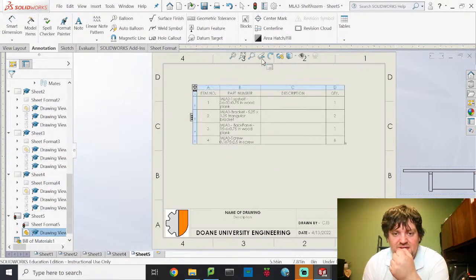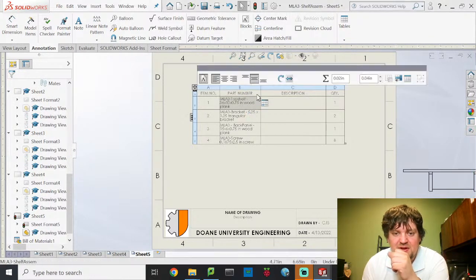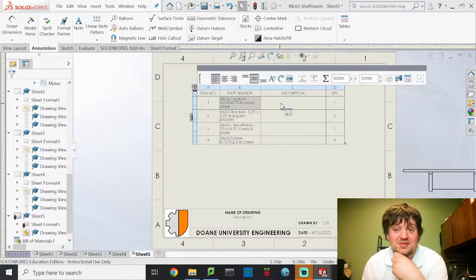Now you'll notice this is kind of weak. This here shows the part number. That is the name of the file. That's not what I want. I want some different stuff. So what I am going to do is,